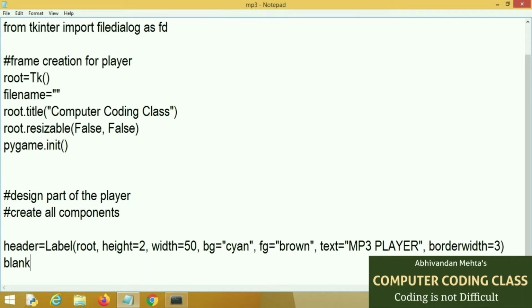Next, we will place a blank line that is a label. Here, screen color will be set to green, and we are also setting the blank line color to green, so the blank line will not be visible.